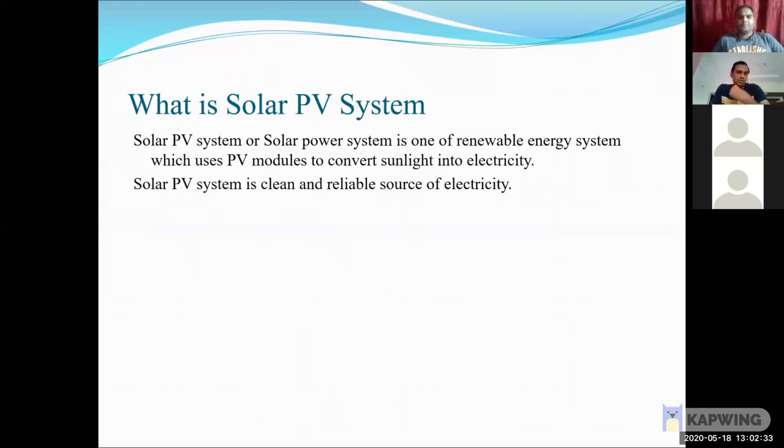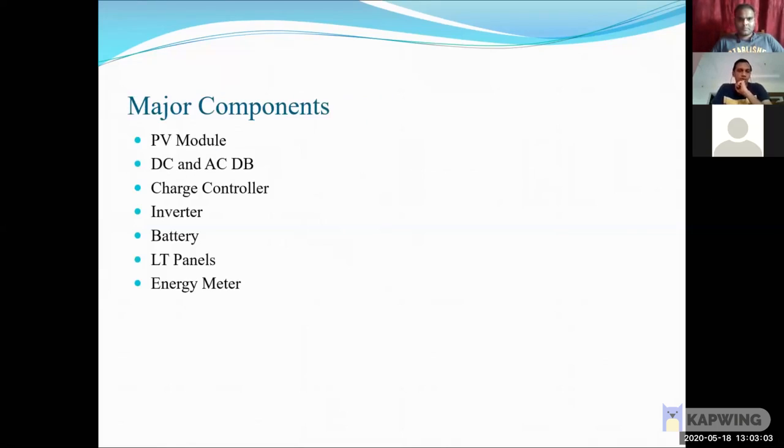This question and answer you already know. What is a solar PV system? A solar PV system is a solar power system, one of the renewable energy or generation systems. It's totally clean energy. It depends upon sunlight, which it converts into electricity with the help of photovoltaic cells. Because you already studied this phenomenon and the principle of the system, I will not go into much detail about it.